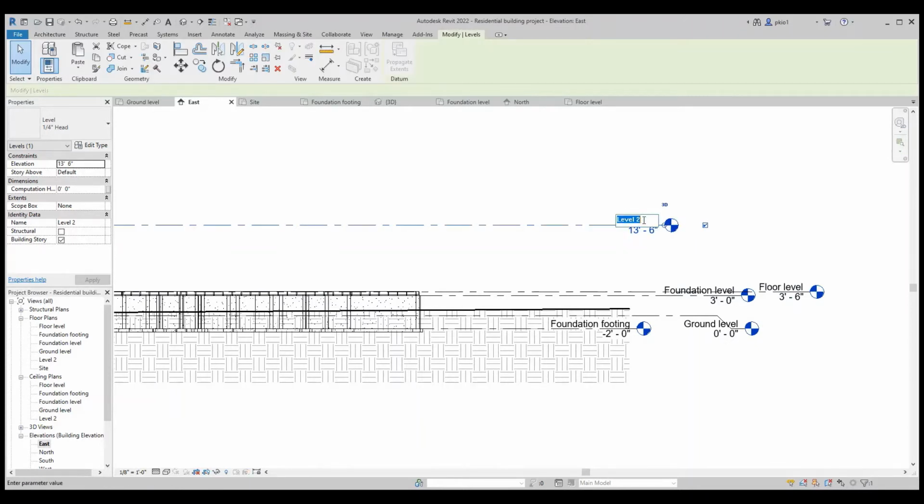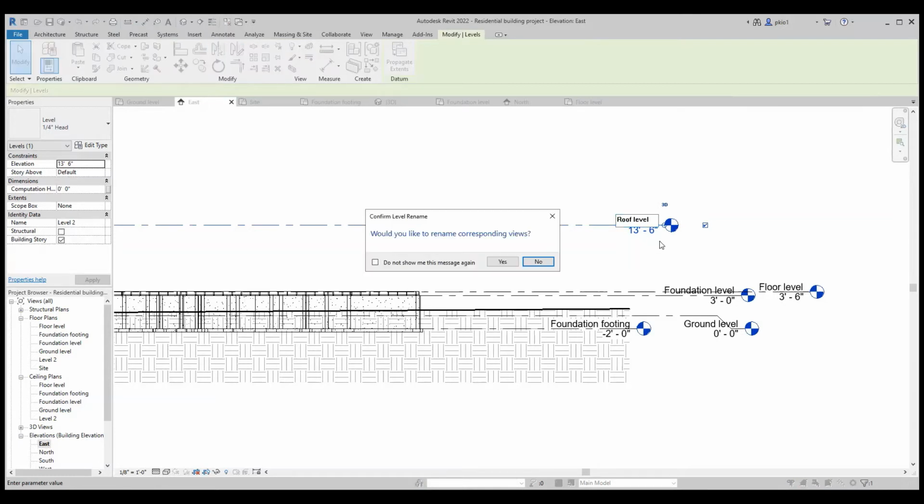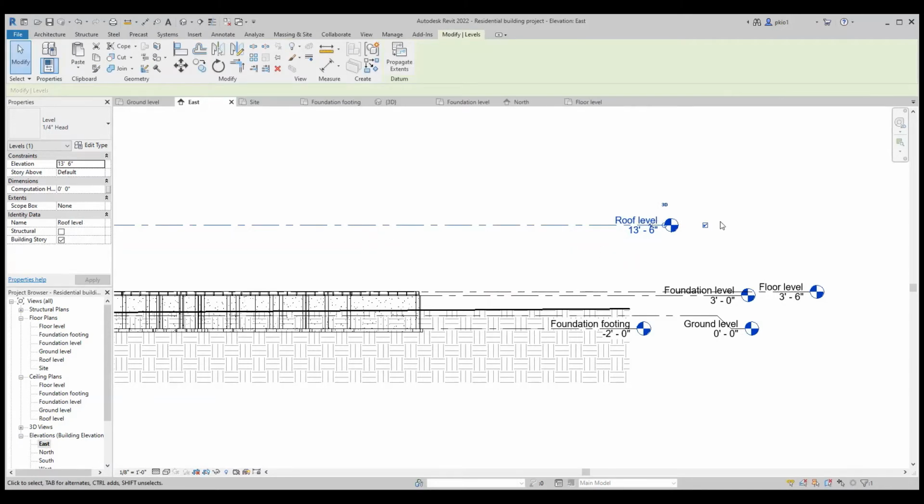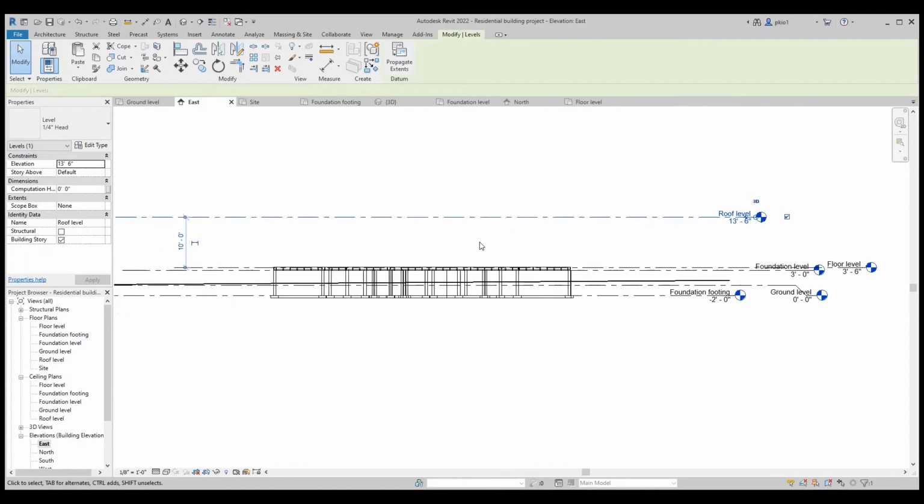And we can rename this to our roof level. Yes. Now we go to the next phase, which is our floor.